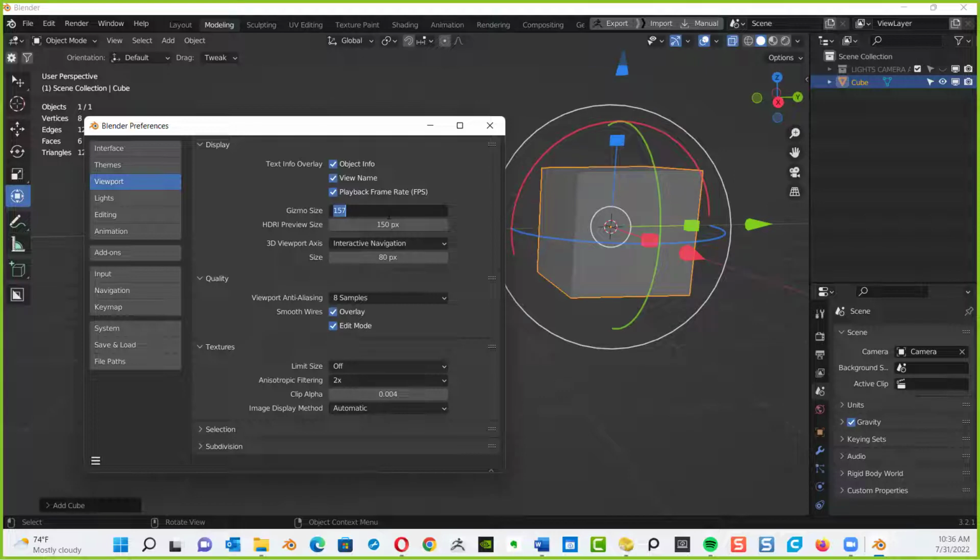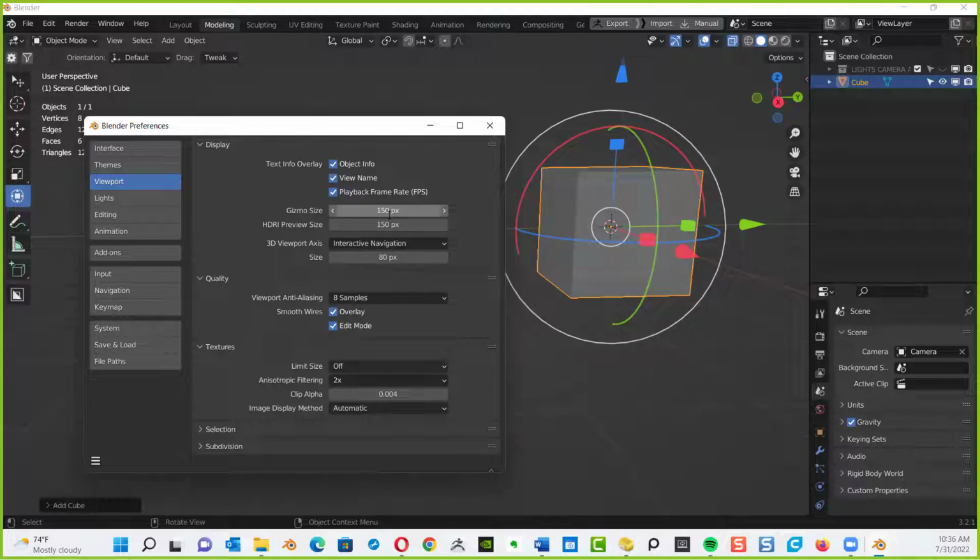I'll just type it in there, 150. And I find that is ideal for me, because now I can easily see the rectangles and stretch or resize according to each axis, and easily grab the rotation axis in X, Y, and Z. Red, green, and blue, X, Y, and Z. So be aware that that's there.